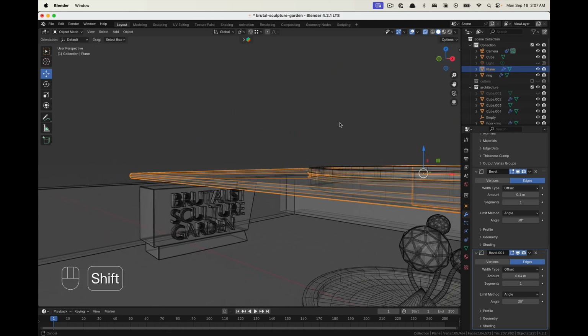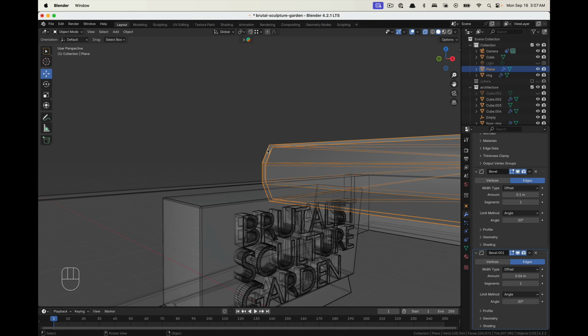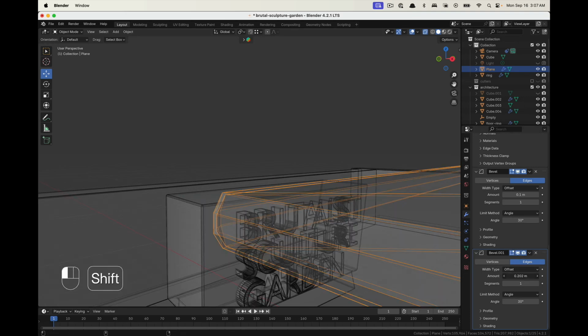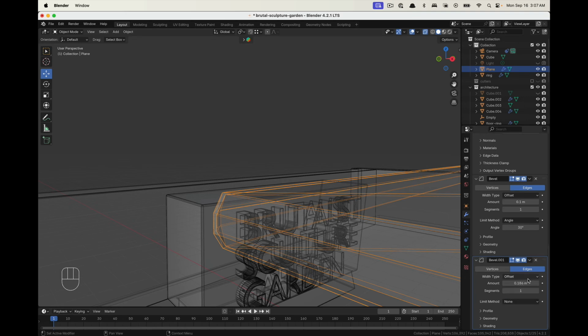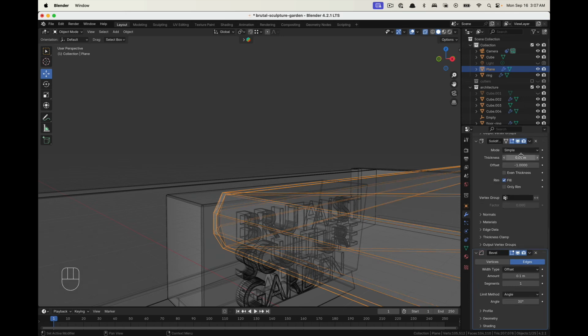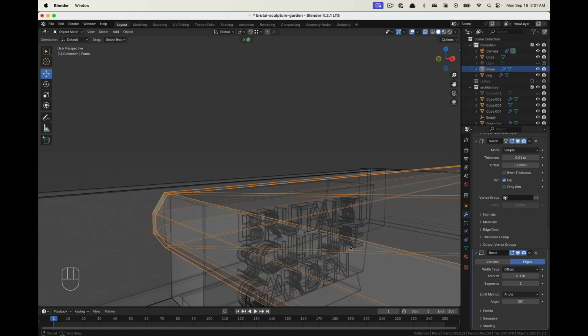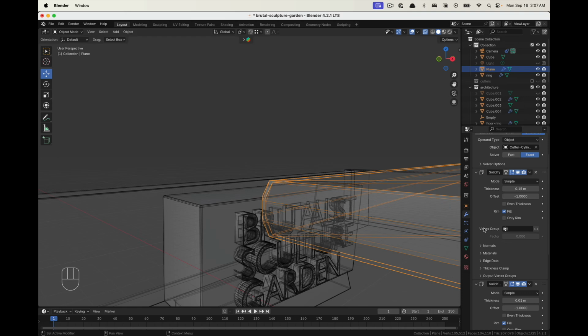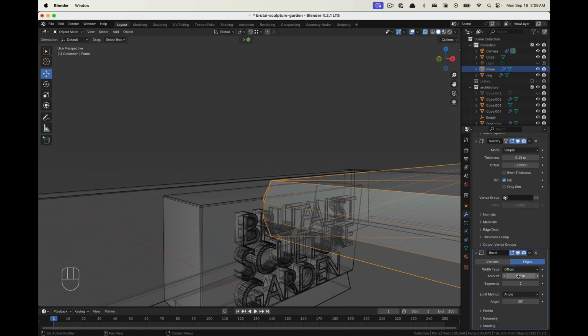Okay, I'm just going to turn wireframe on here. And let's see what we have. Okay, so that's not working. We're going to turn off limit. Oh, we have two solidifies. Okay, I see what happened. Let's turn that one off or remove it. And